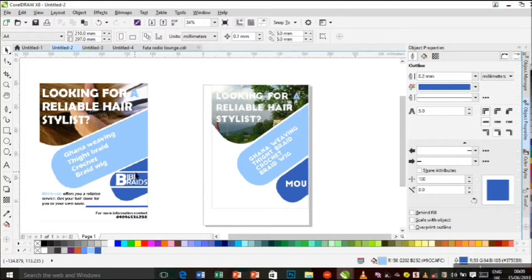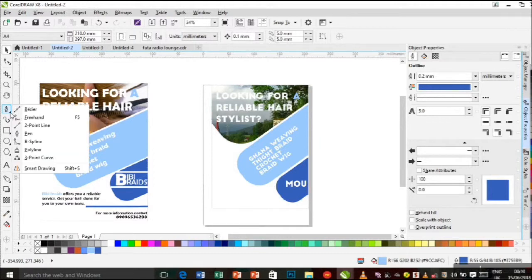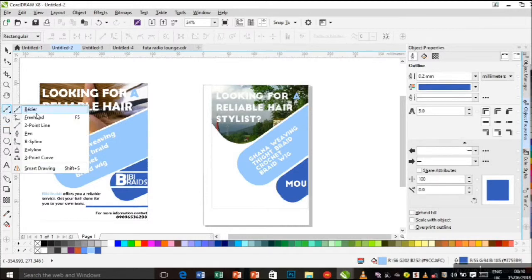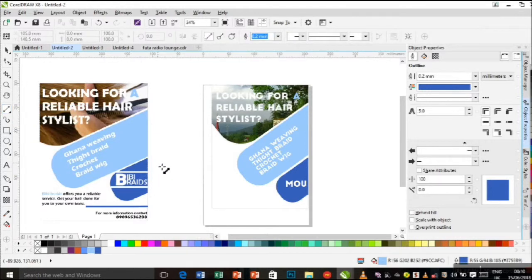Yeah, to create these lines, it's very simple. All you need to do is to come to this bar. Actually, normally the bar should be like this. You see this cursor here, so you left click on this drop down and you click on the 2-point line. Once you click on the 2-point line, you press down the cursor and you drag, but don't release until the line is straight. Once it's straight, you release and it forms a very straight line, but the line looks very